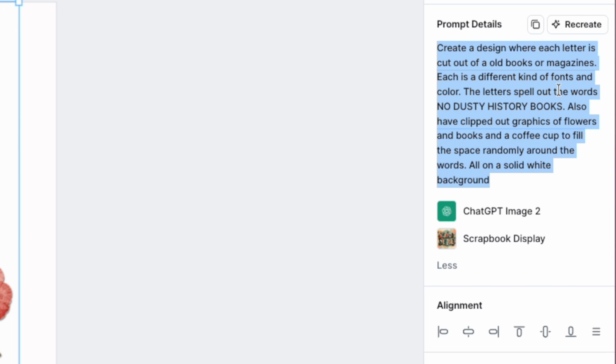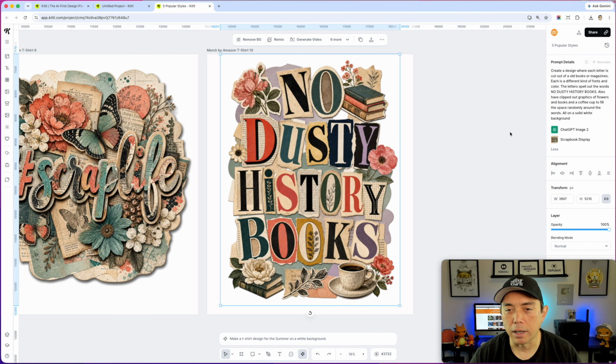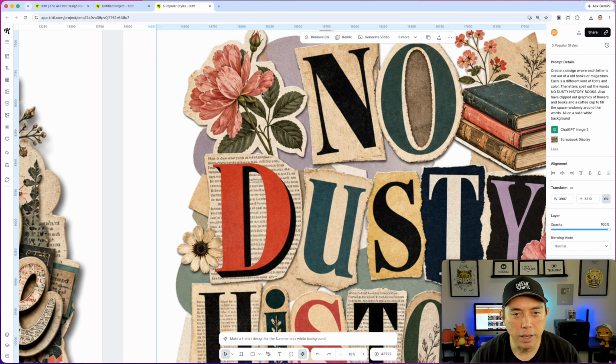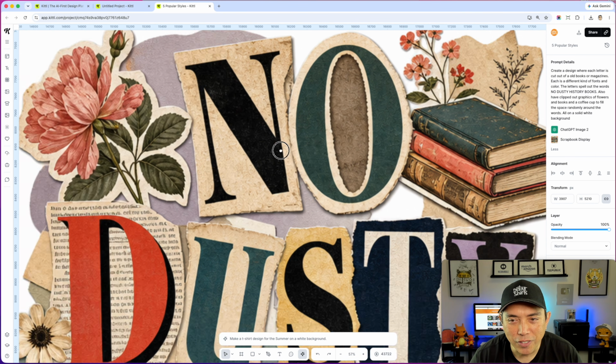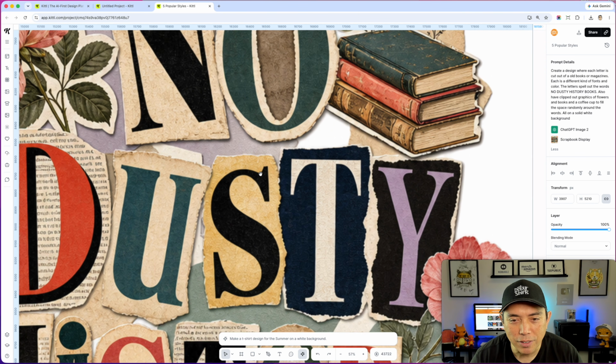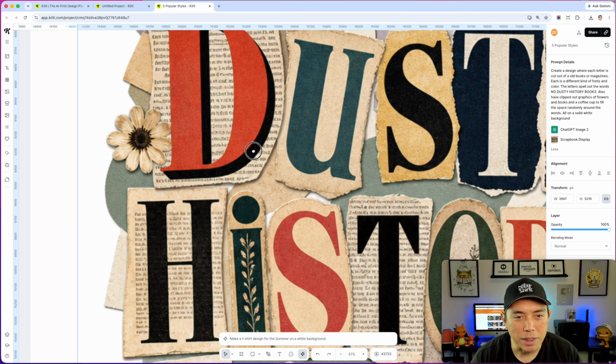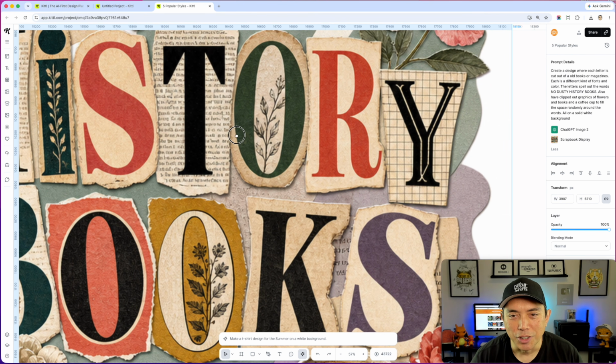I just said have it spell out the words, no dusty history books, and then each letter being clipped out. Very simple prompt right here. And again, on a solid white background so I could remove it. But look at how it cuts it out. Very, very cool. Now, I don't sell these kinds of designs, but I think creating something like this yourself in